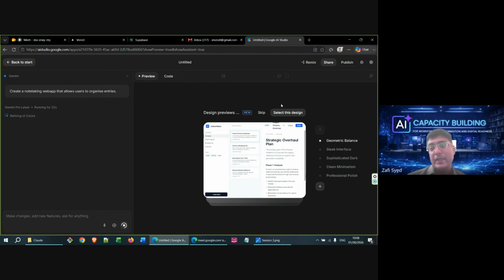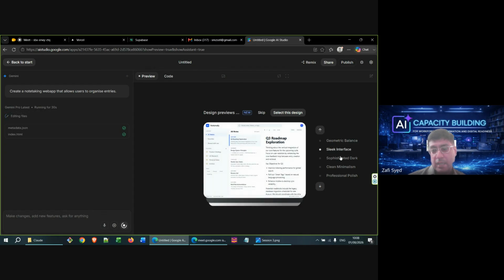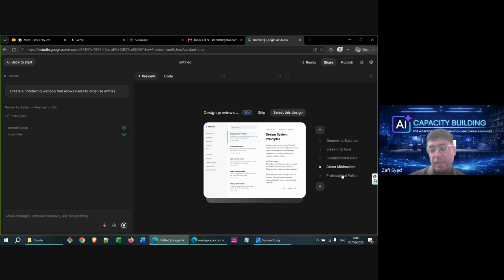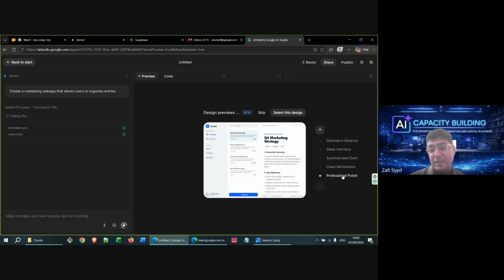What Google AI Studio does is read what you're working on, and it proposes different designs that you can go for. It's your choice if you want to select your design immediately, but if that's not something you want to do, you can always change the design later on. What I would encourage is to let AI Studio design an application and see whether it suffices your requirements. Design can always be changed a bit later on.